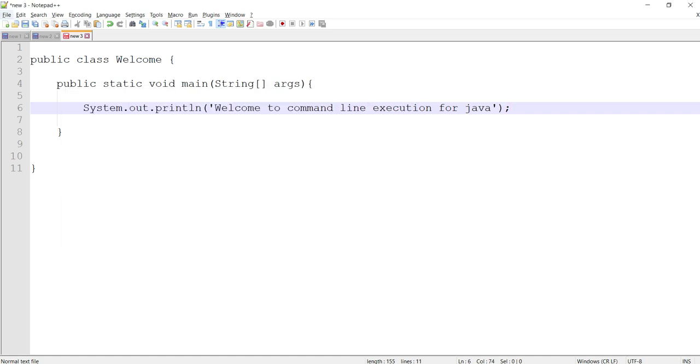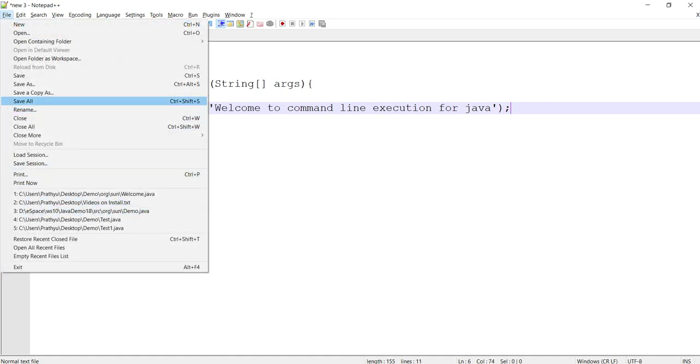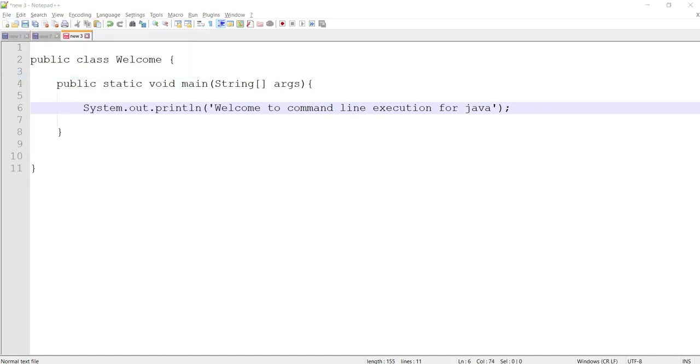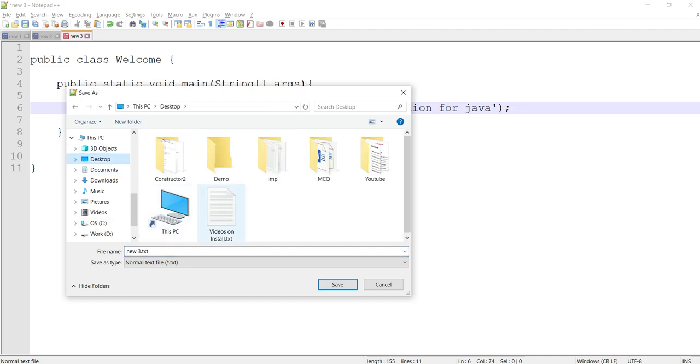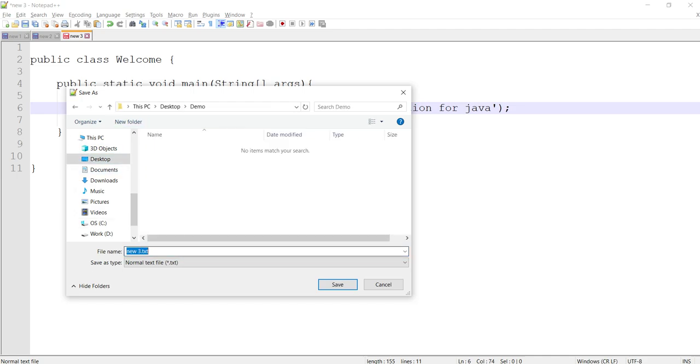So File, Save, and on the desktop I am saving in the demo folder. Here we need to remember one thing: this is by default saving as a normal text file with the .txt extension, but our Java file extension is .java.